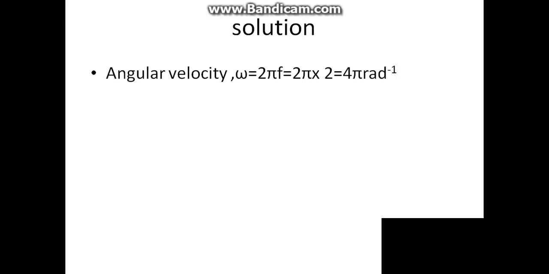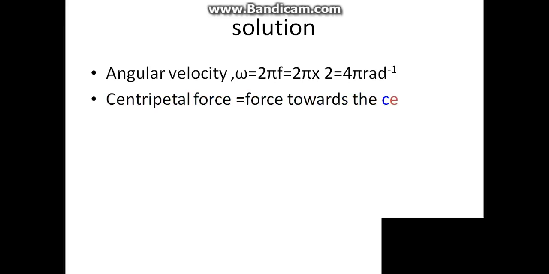Substituting the value of the frequency, which is 2, we have 2 pi times 2, which gives us 4 pi radians per second. Centripetal force is equal to m r omega squared, which, by substituting the values, gives us 0.5